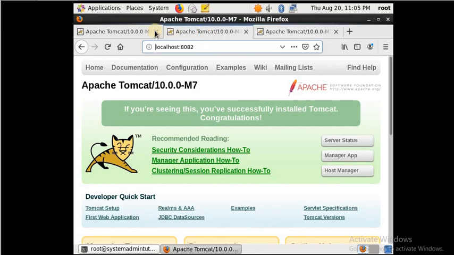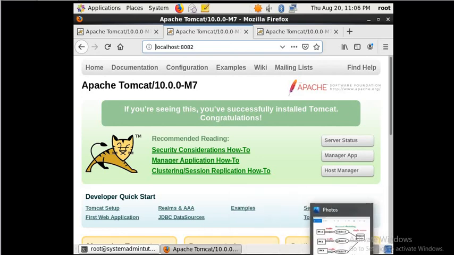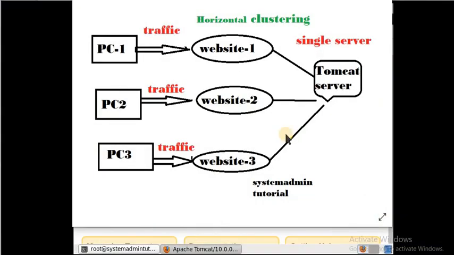If I stop the Tomcat from the terminal, then one by one it will get closed, so you'll get the error. So this is the scenario which is used for horizontal clustering.